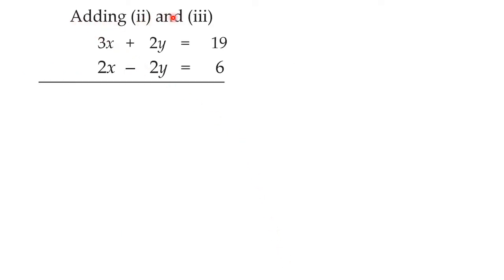So when we add equations 2 and 3, equation 2 is written up, equation 3 is written down, and in between you have to write down the addition sign, okay, which shows that you are doing addition operation here. Now see, plus 2y and minus 2y, they will get cancelled here. And here 3x plus 2x is 5x on left hand side. And on right hand side 19 plus 6 is 25. So we will get 5x is equal to 25 here. And from that we can write down x is equal to 25 divided by 5, that is 5. So value of x we got as 5.